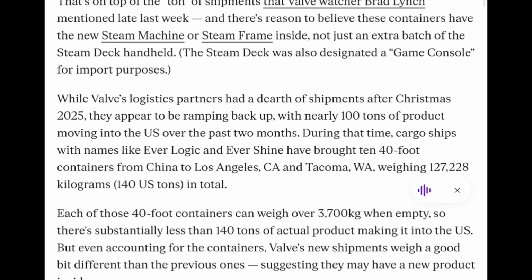And there's reason to believe these containers have a new Steam machine or Steam frame inside, not just an extra batch of Steam Deck handhelds. The Steam Deck was also designated a game console for import purposes. While Valve's logistics partners had a dearth of shipments after Christmas 2025, they appear to be ramping back up, with nearly 100 tons of product moving into the US over the past 2 months. During that time, cargo ships with names like Everlogic and Evershine have brought 10 40-foot containers from China to Los Angeles, CA, and Tacoma, WA, weighing